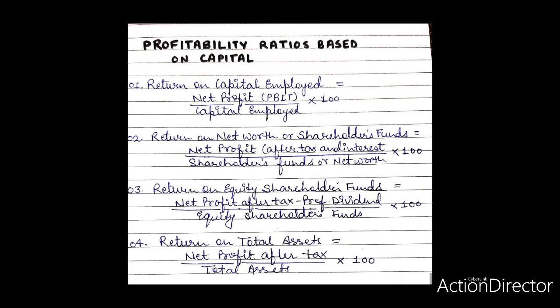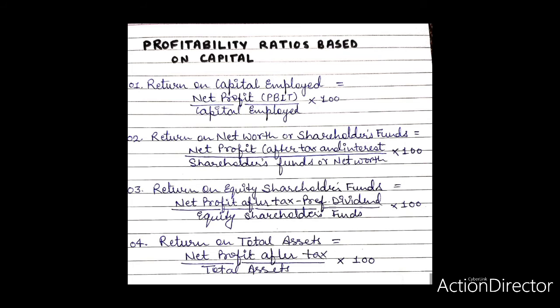Number 4, return on total assets. Meaning and computation. Profitability can also be measured by establishing a relationship between net profit and total assets. This ratio is computed by dividing the net profit after tax by total funds invested or total assets. Total assets means all net fixed assets, current assets, and non-trading investments. Fictitious assets are excluded, but intangible assets are included only when they have realizable value. Expressed as a formula, the ratio is net profit after tax divided by total assets, multiplied by 100.